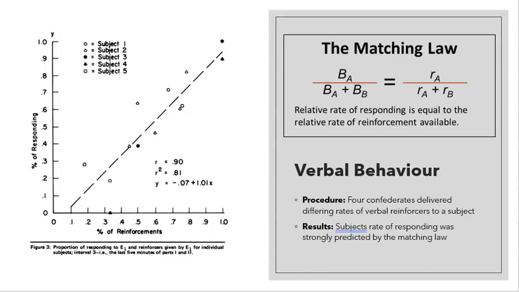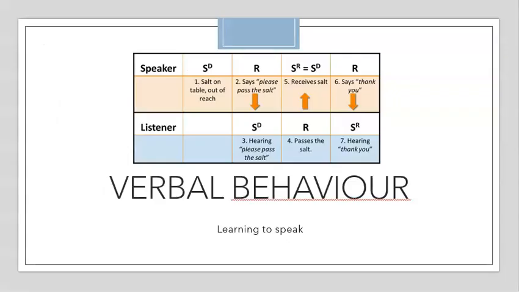Now, there is this one thing called the matching law, which has to do with verbal behavior. This is a procedure where 4 confederates delivered differing rates of verbal reinforcement to a subject. The result in this instance was that the subject's rate of responding was strongly predicted by the matching law. The matching law is that the relative rate of responding is equal to the relative rate of reinforcement. So if we go back here, what it's saying in the matching law is that